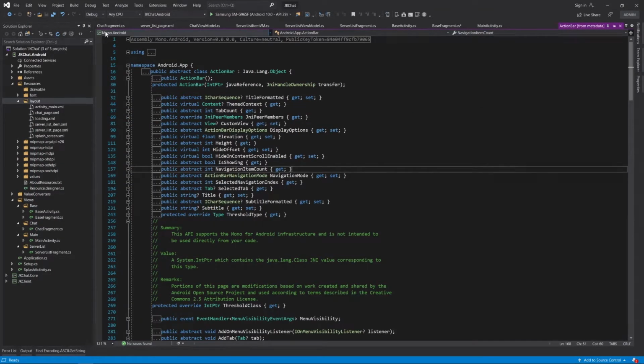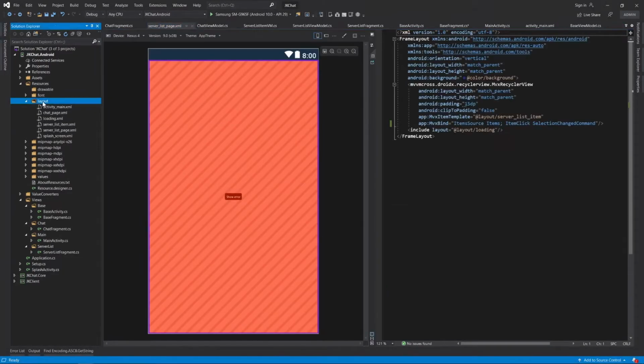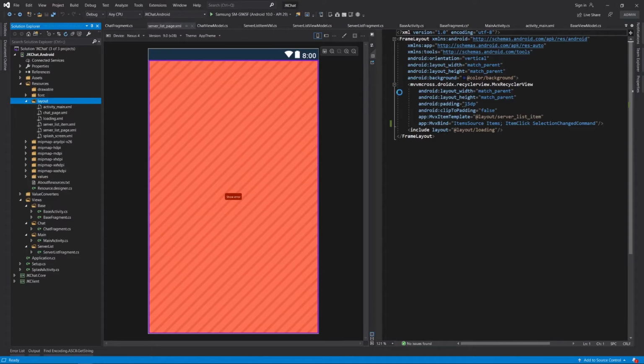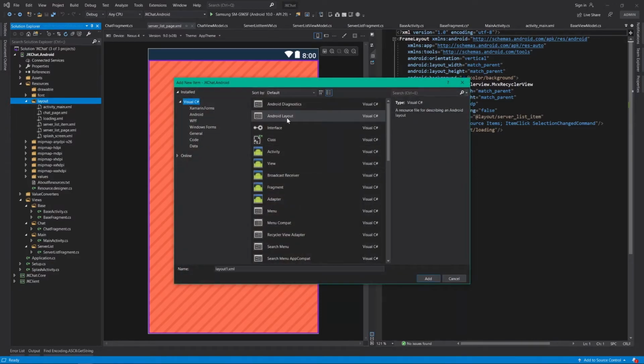Yeah, I guess I'll use this. And let's make it. Layout for chat title, let's call it like this, chat title. Android layout, chat title, add